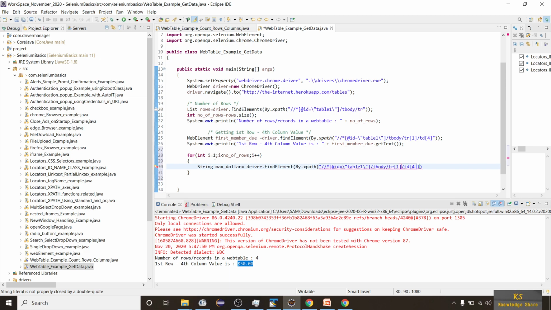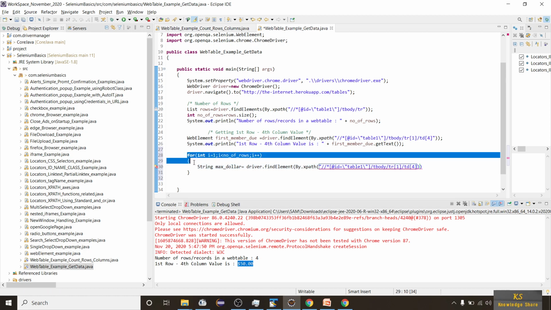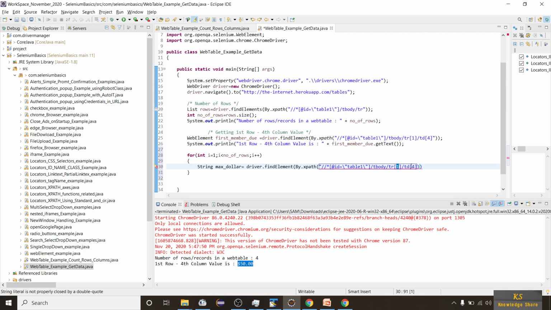Whenever the for loop is executed for the first time, we have to send the i value here so that in place of 1 it will be i, and whenever the next loop comes, i value will be incremented, and here the value should be 2, and this td of 4 stays constant because we are getting a value from the column.